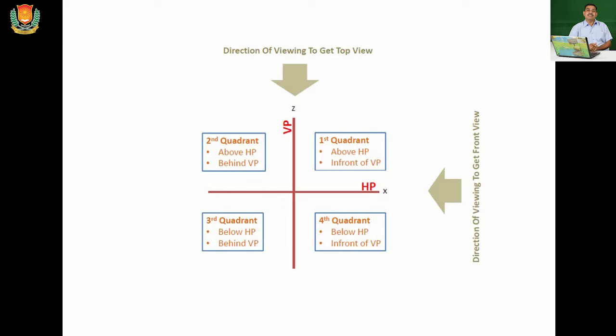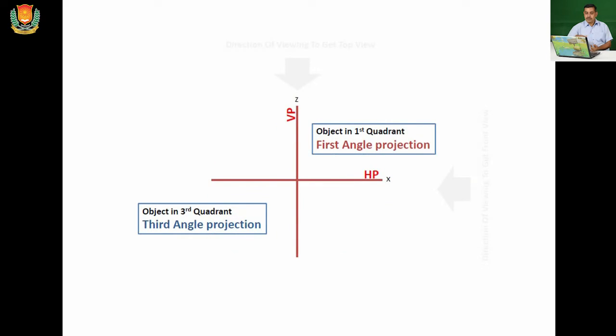So the object lies in the first, second, third or fourth quadrant. It means we can say first angle, second angle, third angle and fourth angle projections. Due to the rotation of the horizontal plane, the vertical plane and horizontal plane overlap each other, and due to this rotation, the front view and top view overlap each other, so you cannot get the actual dimensions of the